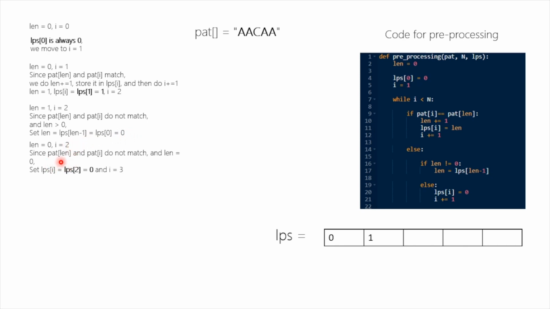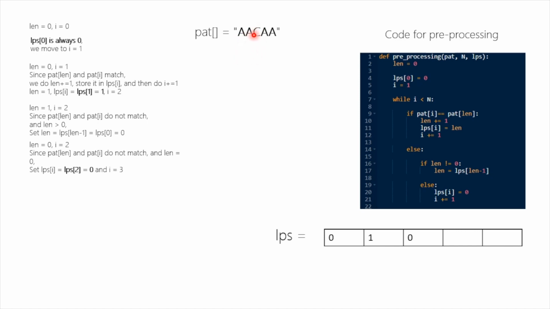With len equal to 0 and i equal to 2, we again check for pat[len] and pat[i]. Pat[len] is again A and pat[i] is C. Since in this case len is equal to 0, we'll just consider LPS[i] as 0, which makes LPS at index 2 zero. If we try to verify it, we'll see that for the string AAC, the proper suffixes